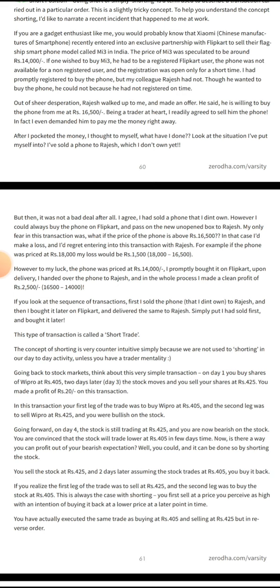The concept of shorting is very counterintuitive simply because we are not used to shorting in our day to day activity unless you have a trader mentality. Going back to stock markets, think about this very simple transaction. On day 1, that is T day, you buy shares of Wipro at rupees 405. 2 days later, that is day 3, that is T plus 2,